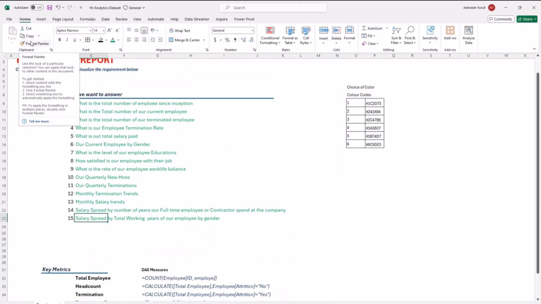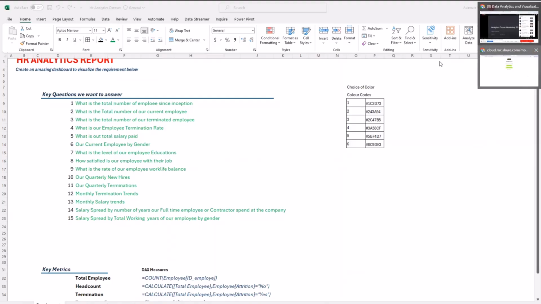So create how you want your dashboard to look, what you want to put in the dashboard, how many charts you want to have, how you want to arrange them, and what color you want to use. When it comes to color, what I usually tell people is you can go to different websites where you can